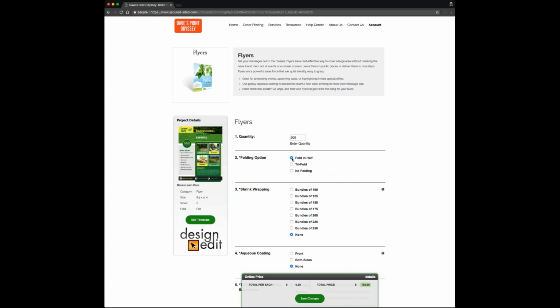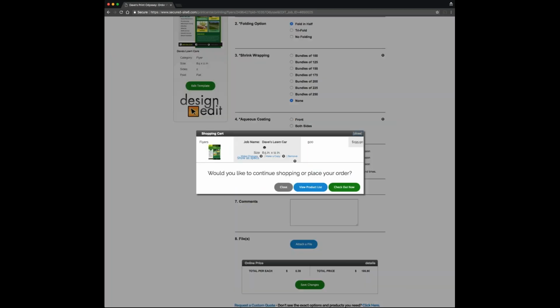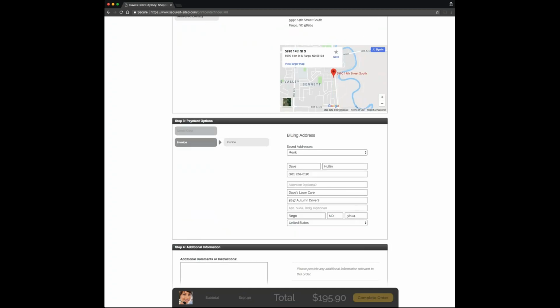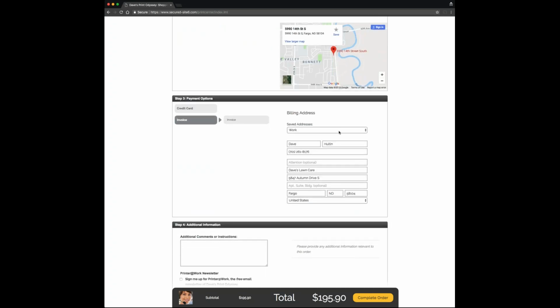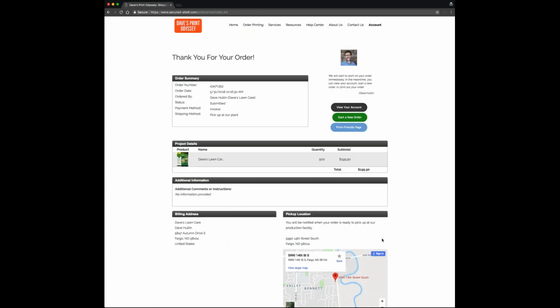This is an example of the customer giving an answer, which is connected to the resource. So we'll show that in a little bit as well. But for now, we're just going to go ahead and finish this order. Check out now. And at this point, it is really like a shopping cart. It is a shopping cart. It's a traditional shopping cart experience. And we'll go ahead and complete that order. So there you go. That is the look at the marketing tool.